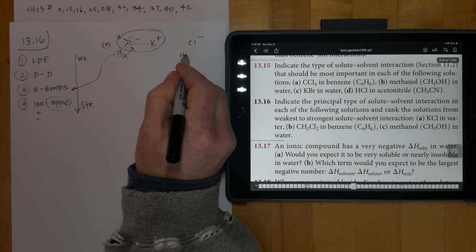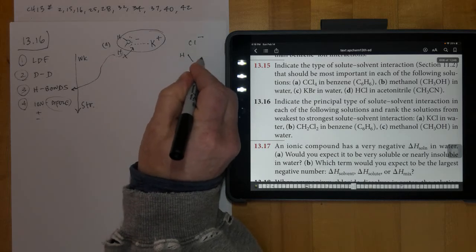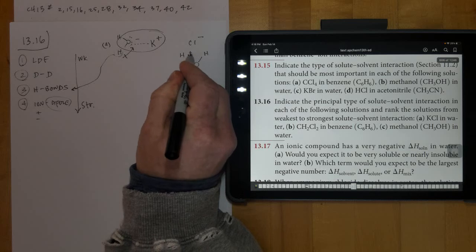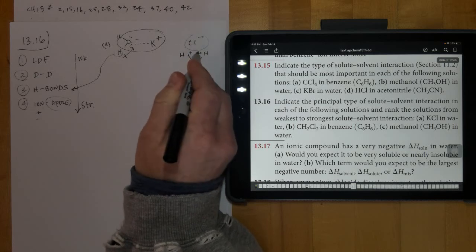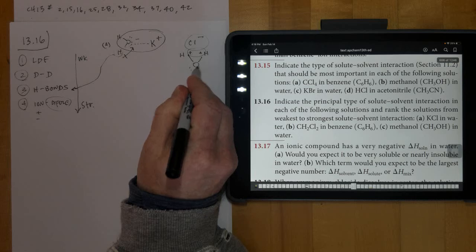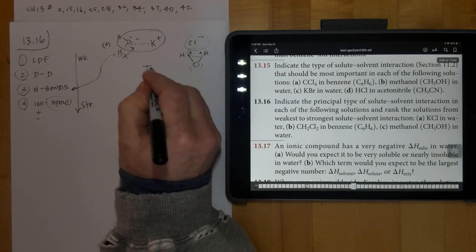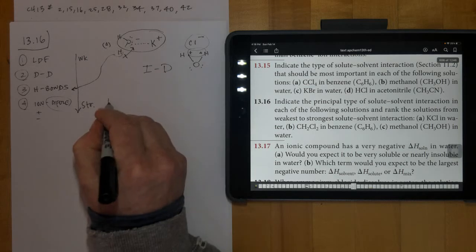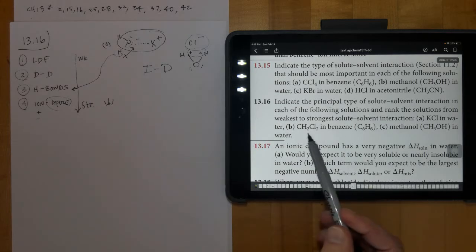And then over here, if we were looking at another water molecule orientated this way, there'd be a positive end to it right here, and that would attract to the negative Cl minus, another ion-dipole interaction. So ion-dipole for letter A. Letter B,